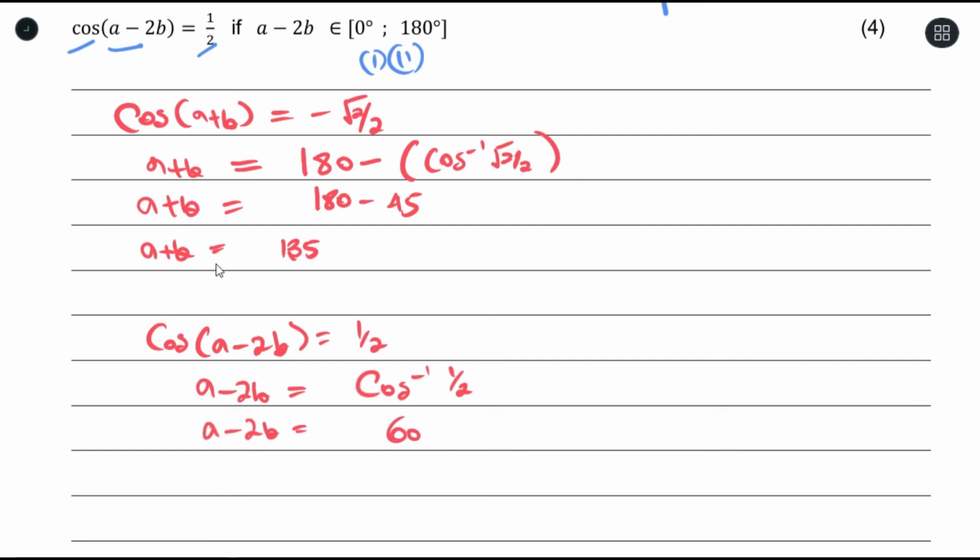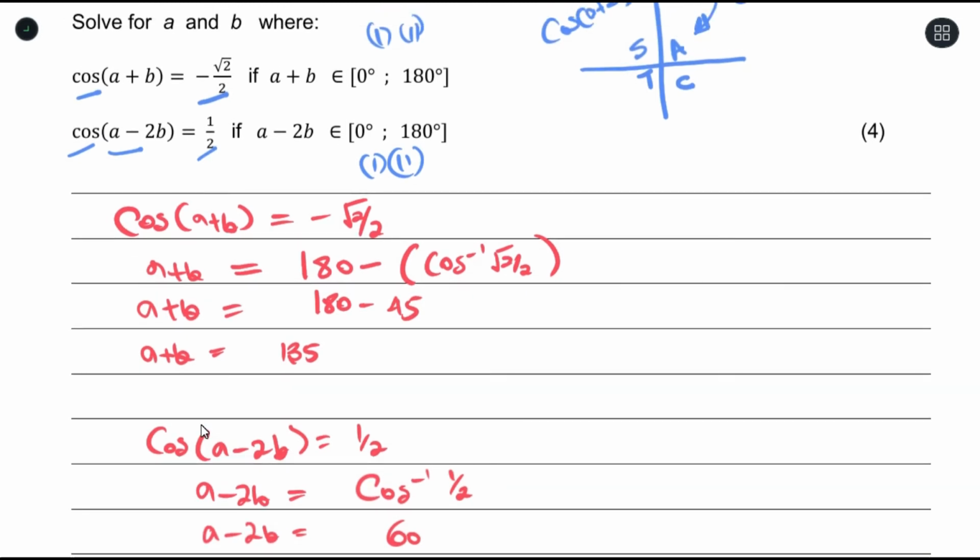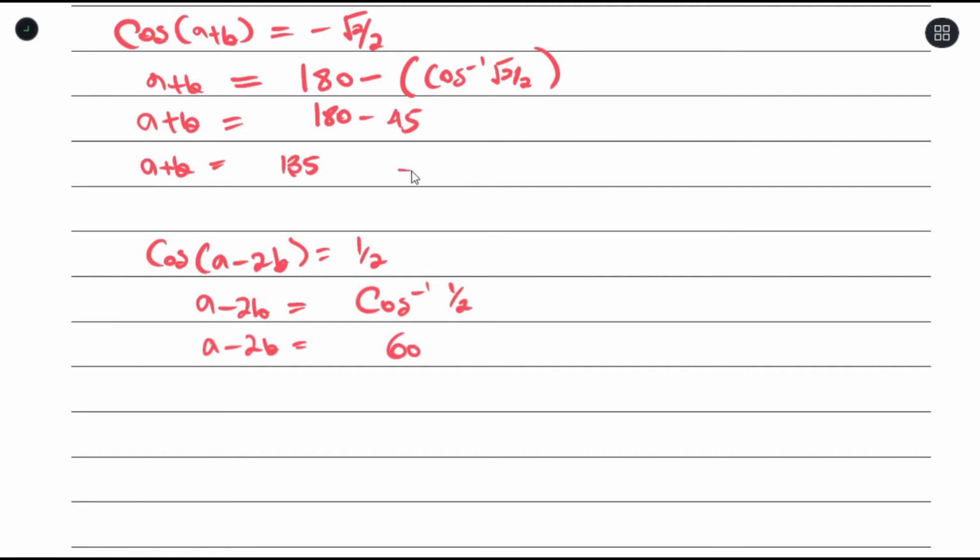We have A plus B is 135, and we have A minus 2B is 60. Whenever you're trying to find two unknowns and you have two equations, the best route to take is to do simultaneous equations, right? Since we have two equations, which is this and that, I could say that doing them simultaneously, you're going to get